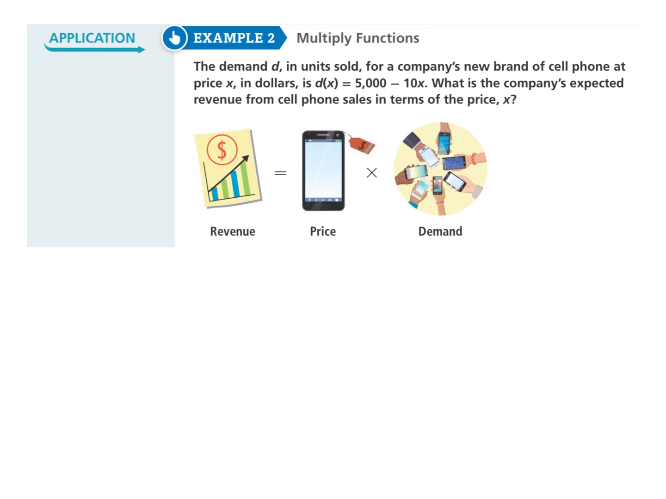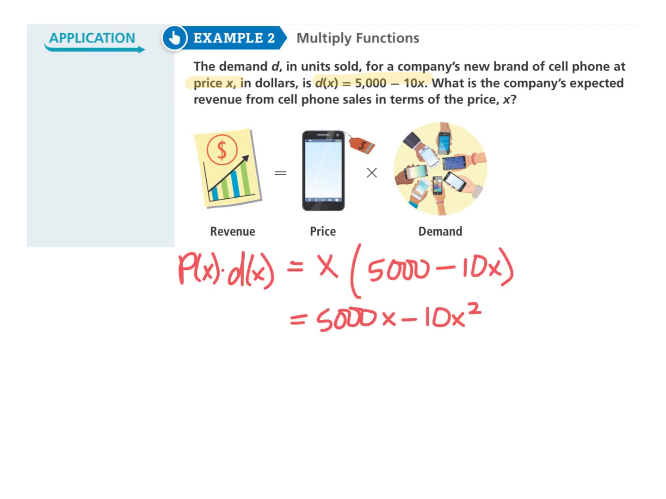All right, in this example, we're going to talk about multiplying. So again, I think that you already know how to do the skill. My focus is to talk about the domain. So this says the price is x and the demand is 5,000 minus 10x. We want to talk about revenue. So let me go ahead and write some things down. So if we perform the actual operation, P of x times D of x,